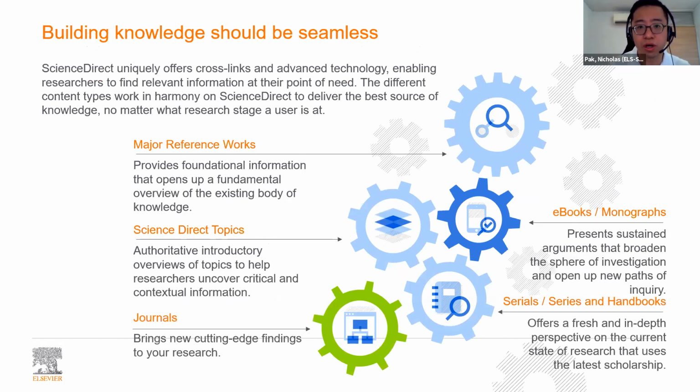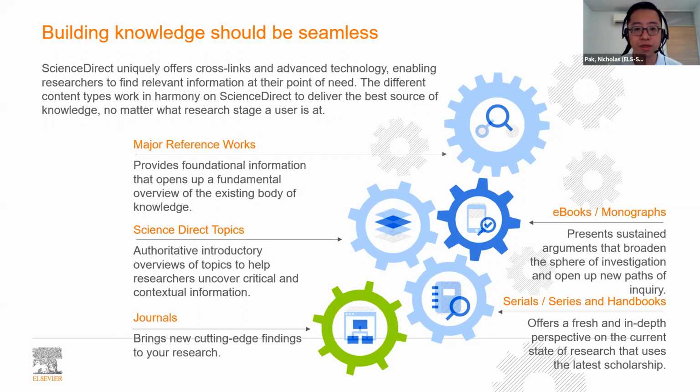It's very important to build knowledge, and knowledge building should be seamless in this case. So across ScienceDirect, you can leverage different content types. Most of you are familiar with journals, but what I would suggest you do also would be to go to ScienceDirect topic pages, right? And this links you to major reference works, ebooks, serial series, and handbooks. So you're actually able to leverage different components of the research to really grow your knowledge on a topic